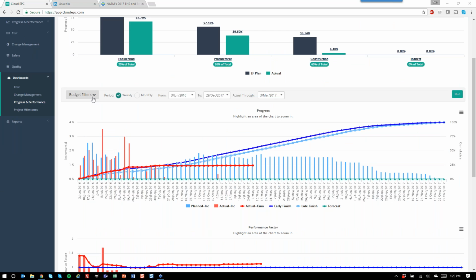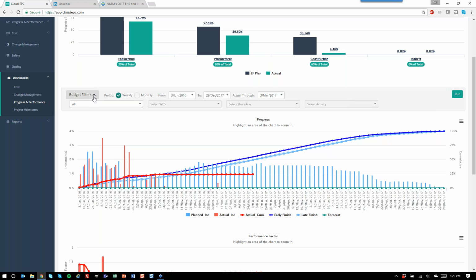Then you have this wonderful control tool capability here that allows us to filter on any of the budget items, the construction phase, the WBS, the discipline, and the activity. And when you drill down these elements, you can then start really doing variance analysis from an earned value perspective, or even just to determine where your out of balances might be.